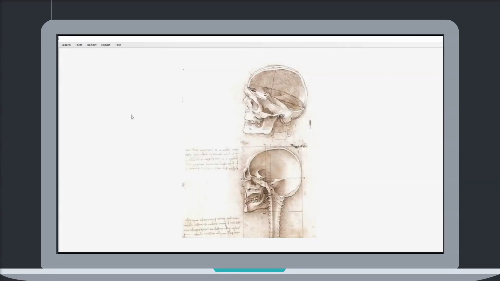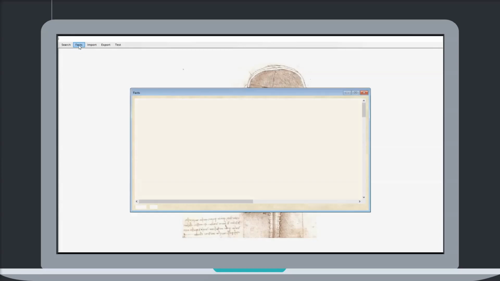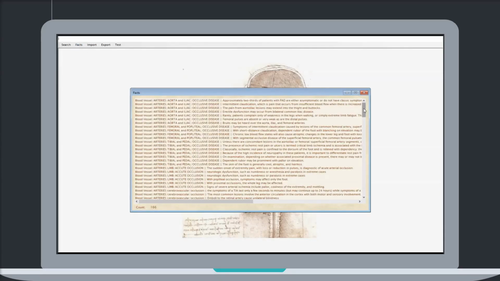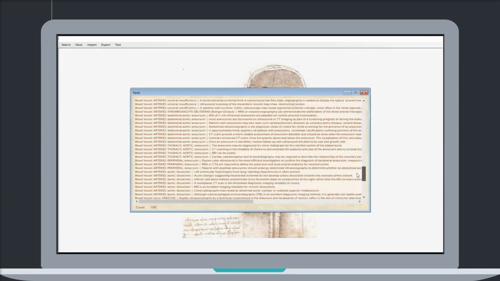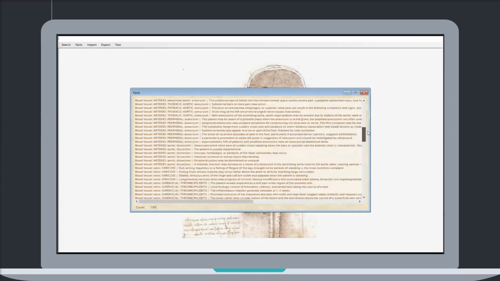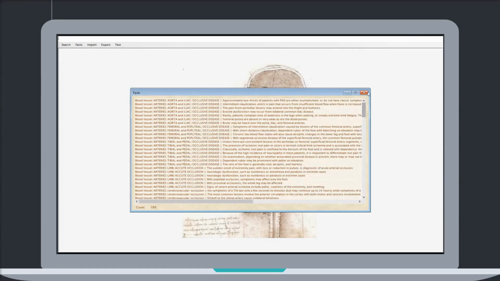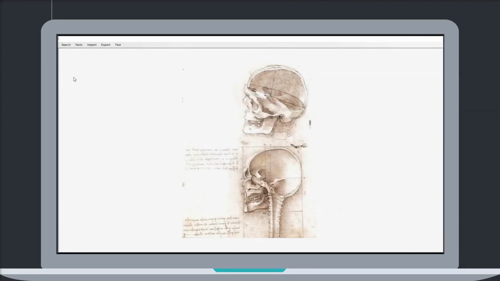A last example to show you a very different kind of information. In this case, taken from a medical textbook. Notice that this information was introduced in the same format it was in the book. And this is relevant because it shows that no special processing of the information is needed.